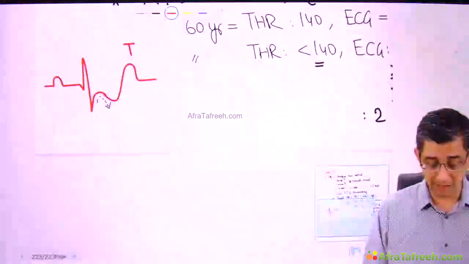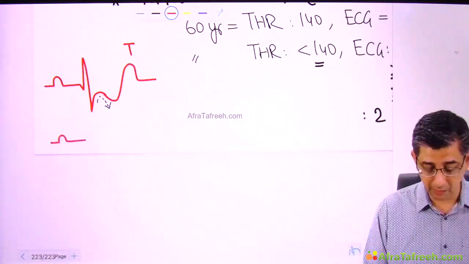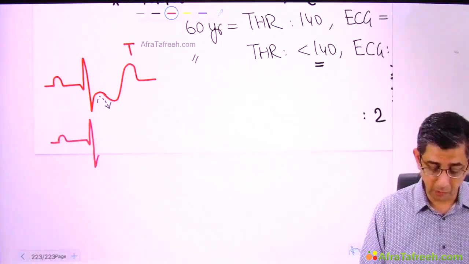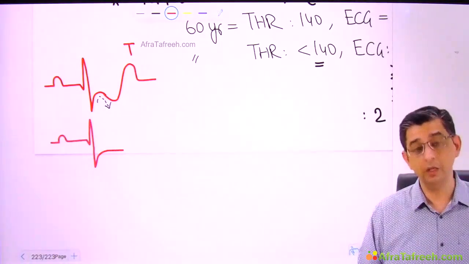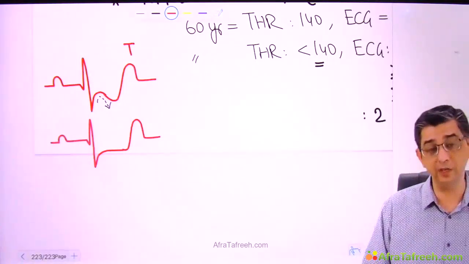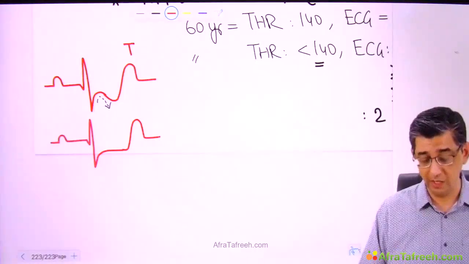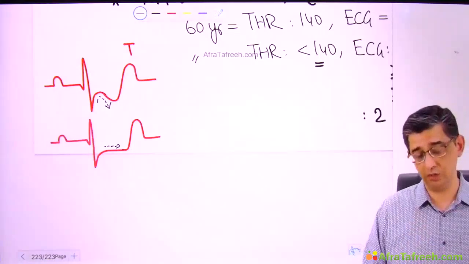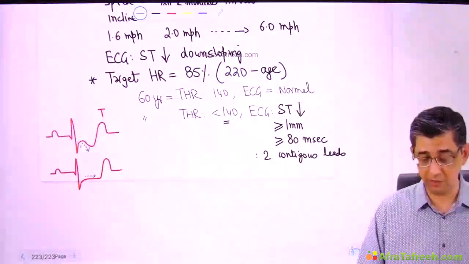In fact, in the exam, there's also the possibility that if they give you an image-based question, the ST segment depression may not be downsloping, but it might be horizontal. Even that is valid. I said it is rather downsloping that gives more credibility to the diagnosis. So I have shown two types of ST segment depression before you. One that I've shown is downsloping, and the second one is horizontal.